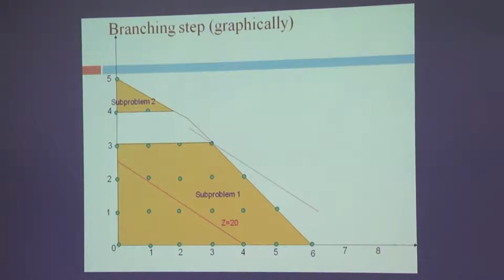Because you have understood what it was about. On x2, between 3 and 4, that is the gap. Greater than or equal to 4 or less than or equal to 3, so you don't want to have another wet edge. So this is one sub problem, this is another sub problem. And one sub problem has an integral solution, 3, 3. Sub problem 1 has an integral solution, with an optimal value of 39.